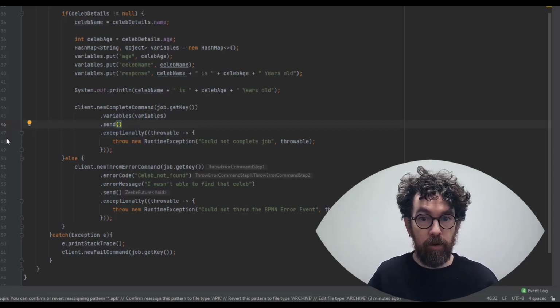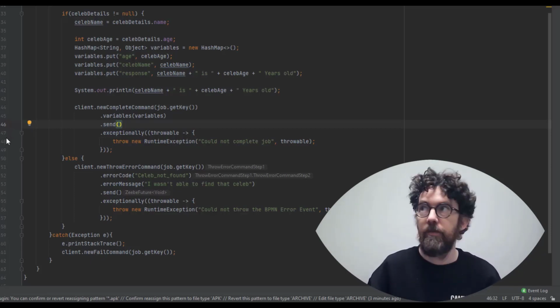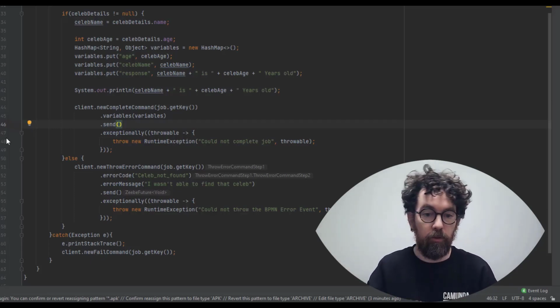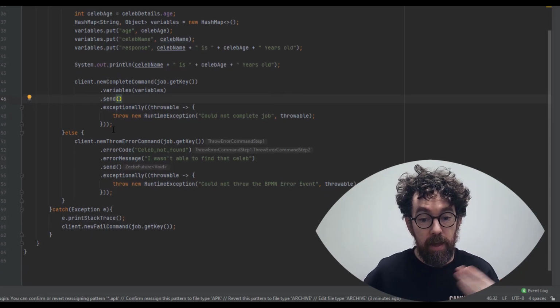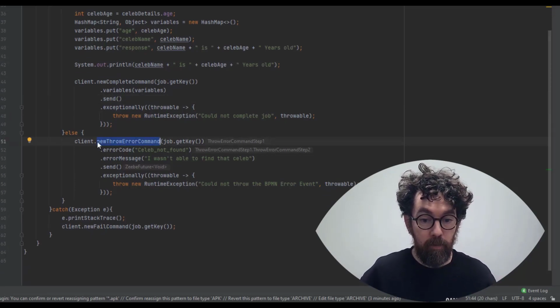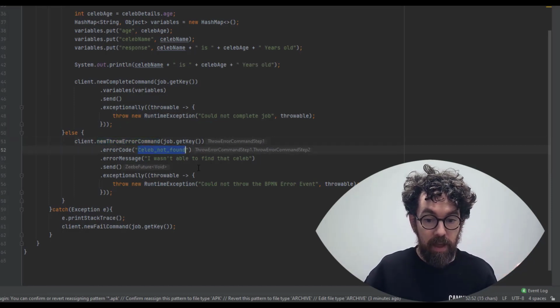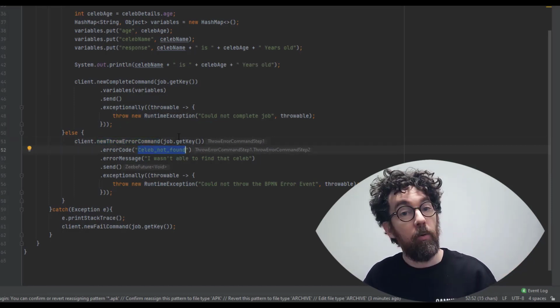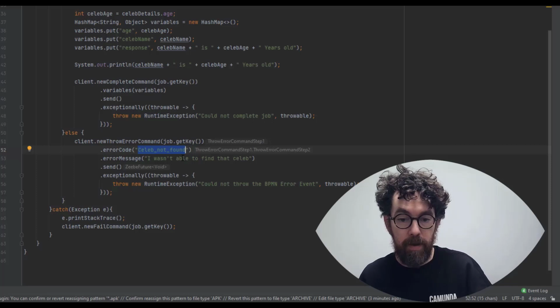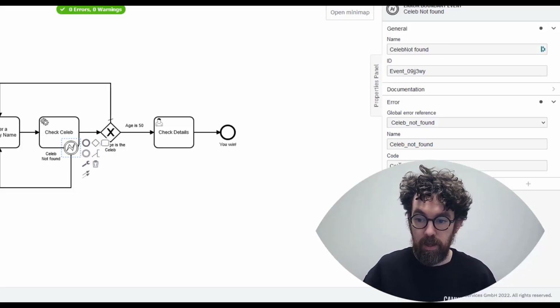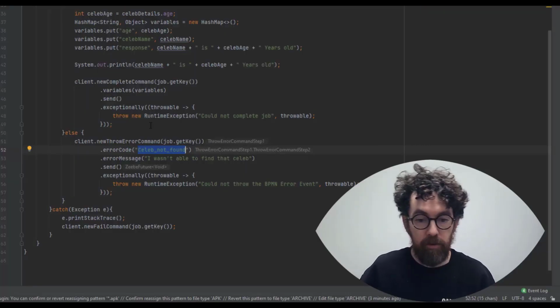In that case, we don't want to throw the kind of error that a system administrator would look at, but rather we want to throw an error that continues the process. In this case, we use a new throw error command. We get the job and we send this error code, celeb not found, which eagle-eyed viewers will remember exists also right here in this correlation key, the code. So that's how that's correlated.